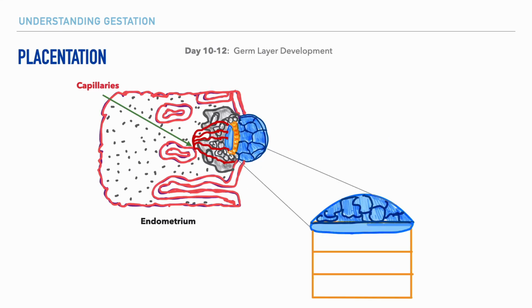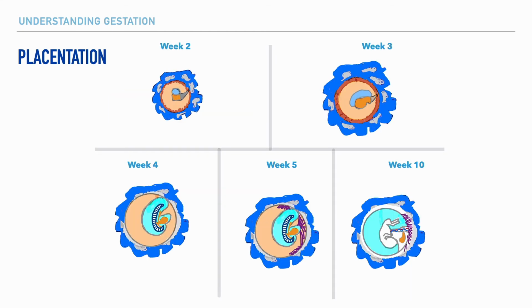So, following implantation, we have placentation, which literally means formation of the placenta. And this is made possible because of the formation of what we refer to as extra-embryonic membranes that are formed by the 3 germ layers, the ectoderm, mesoderm, and endoderm. So in the image that you see here, we're going to be looking at a time lapse of the cellular activity taking place within the 3 germ layers.